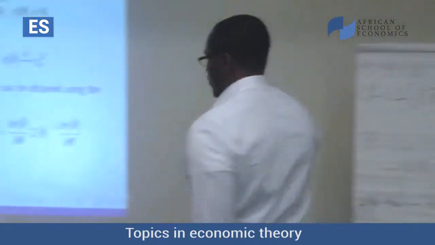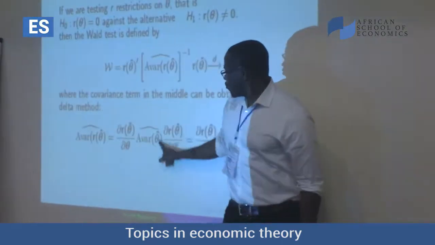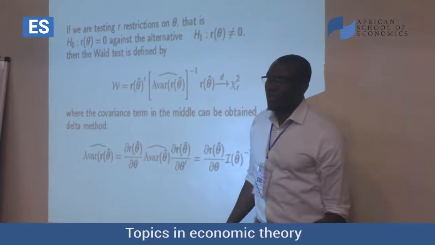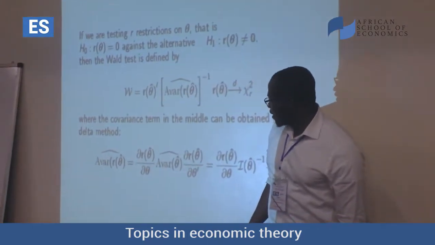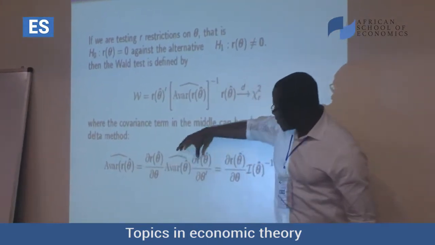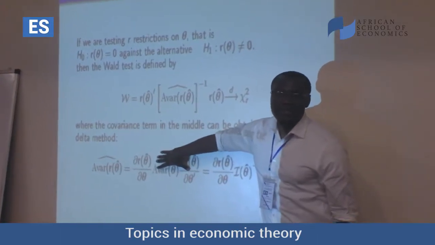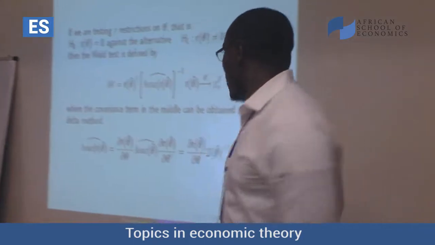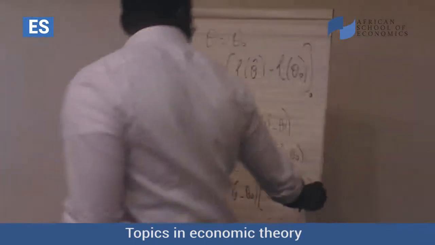Yes. So it's coming from the asymptotic distribution of the MLE because we know this. We know this is the asymptotic. So this is the asymptotic variance of the MLE, right? But why can we say that this is equal to this sandwich thing? Basically, what I'm asking you is, why is it the case that